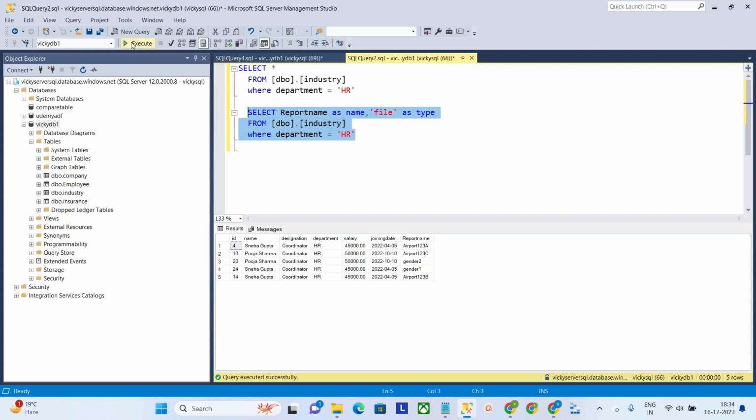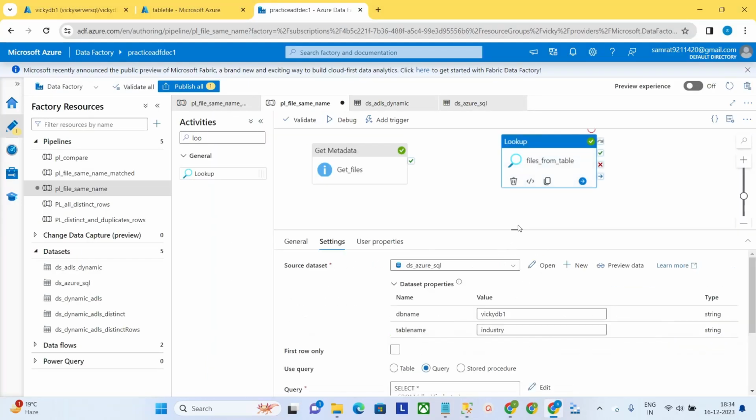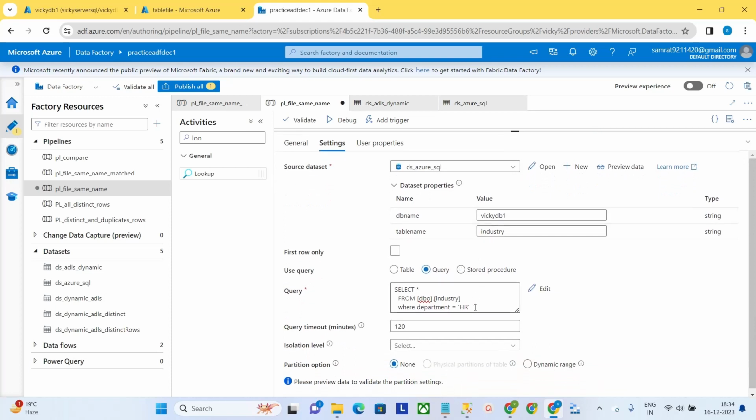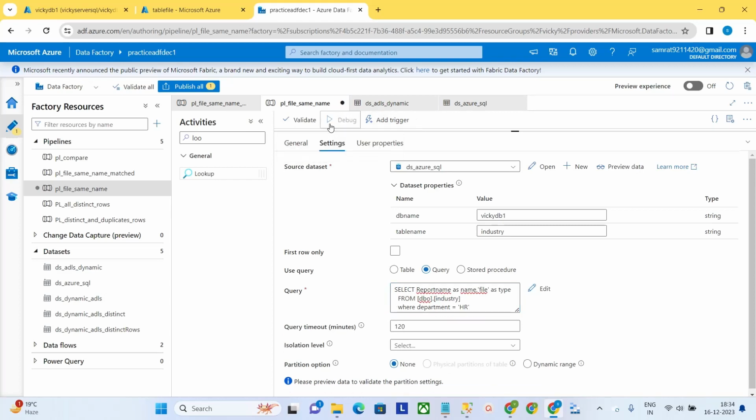Now what I get in this way, just copy this query and put it here. Here we have a query option. Now put it here. Okay, now again run this pipeline,